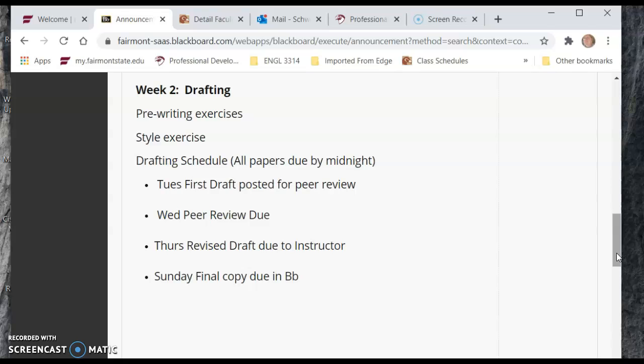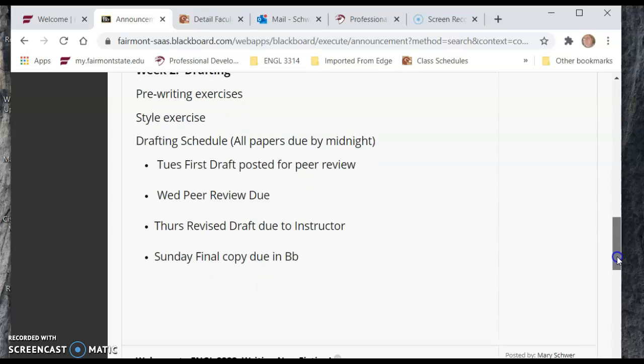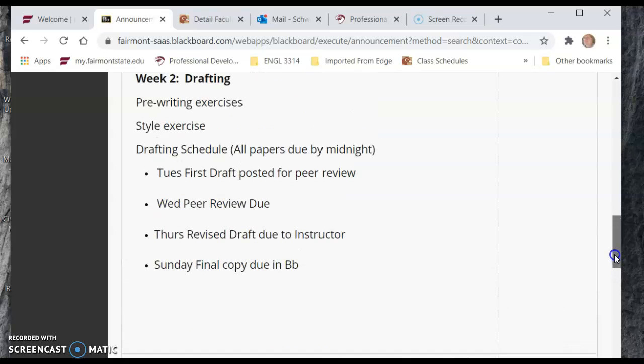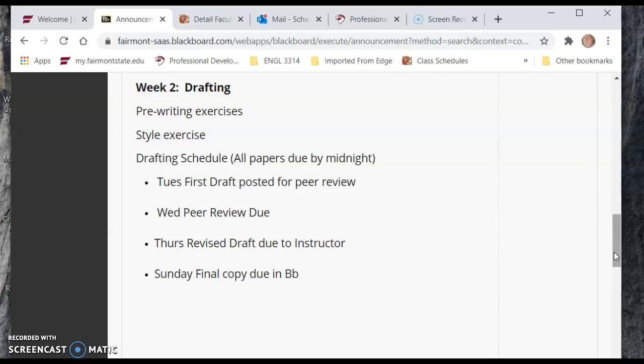That means that between Thursday and Sunday, I will get your draft back with my comments. So you'll get feedback from peers, you'll get feedback from me, and you'll get a grade from me for that, but you'll have yet another chance to revise the essay in your final portfolio if you choose that essay to include. All right. And so that's an overview of the assignments and when they are to be due.